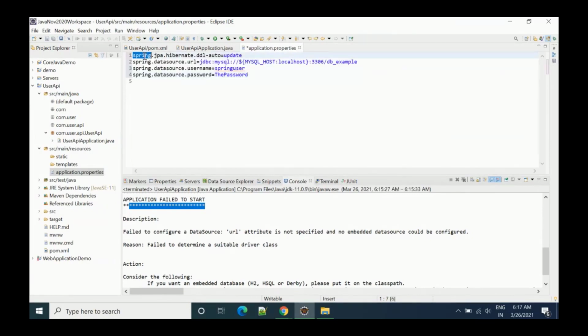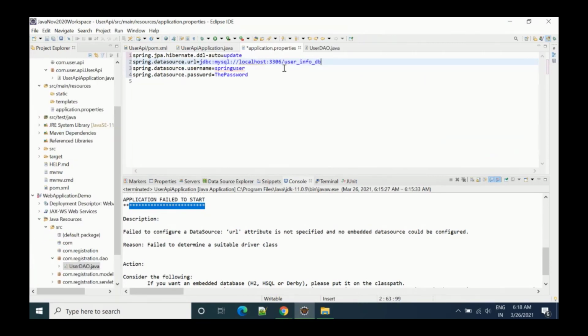So here, spring.jpa.hibernate.ddl-auto equal to update. We have to use update, because once you use update, that means you can perform insert, update, delete, all related stuff. Then here we have the datasource URL, and in this URL you can write jdbc:mysql://localhost:3306, and here we have to give the database name.